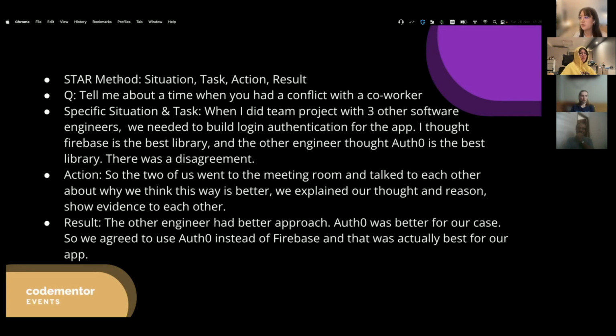STAR method is situation, task, action, and result. Always follow this flow when you make an answer. So, for example, this was actually my answer for this question. When the interviewer asked, "Tell me about a time when you had a conflict with a coworker," the answer with